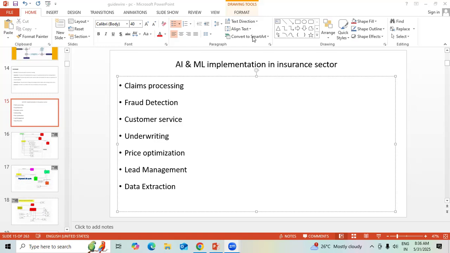These are the areas where AI implementation is majorly happening. One is on the claim processing side. Second is on the fraud detection side, followed by customer service, underwriting, price optimization, lead management, data extraction, and all that. When it comes to claim processing,